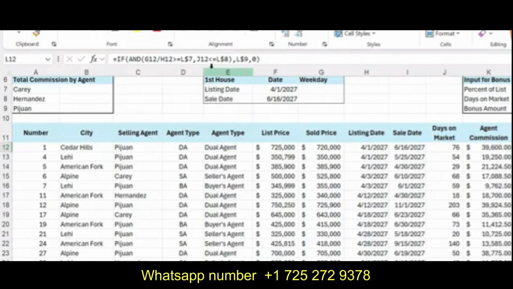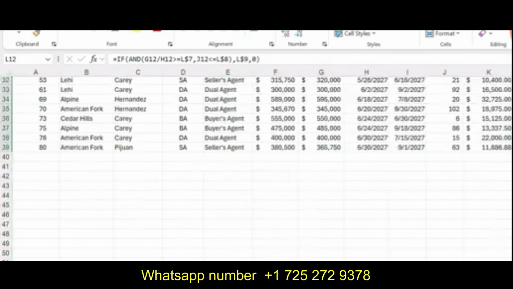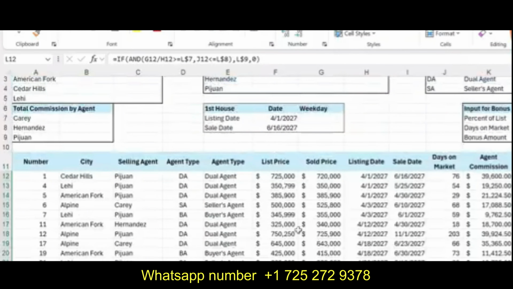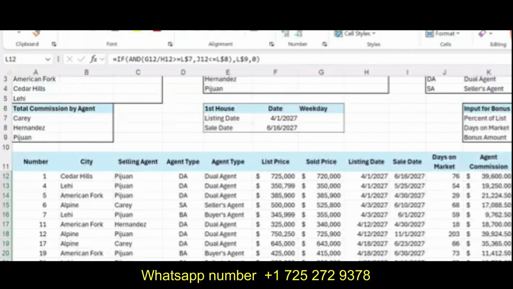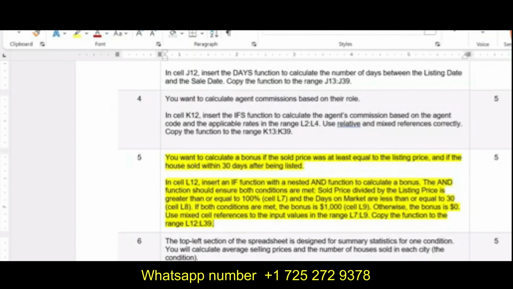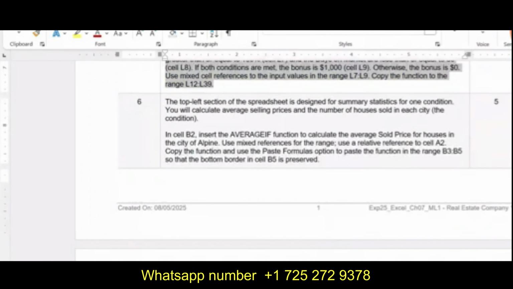If both conditions are met, then our result will be 1000, otherwise our result will be 0. Now we will use the fill handler to copy the formula down, so we will get the results. So that is all about step number 5, where we were supposed to calculate the bonus. So I have calculated the bonus. Now we are going to do step number 6.